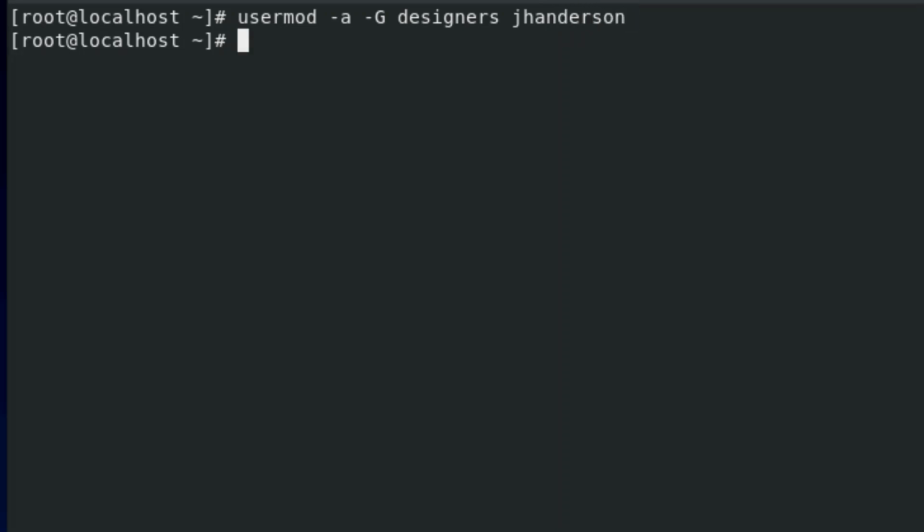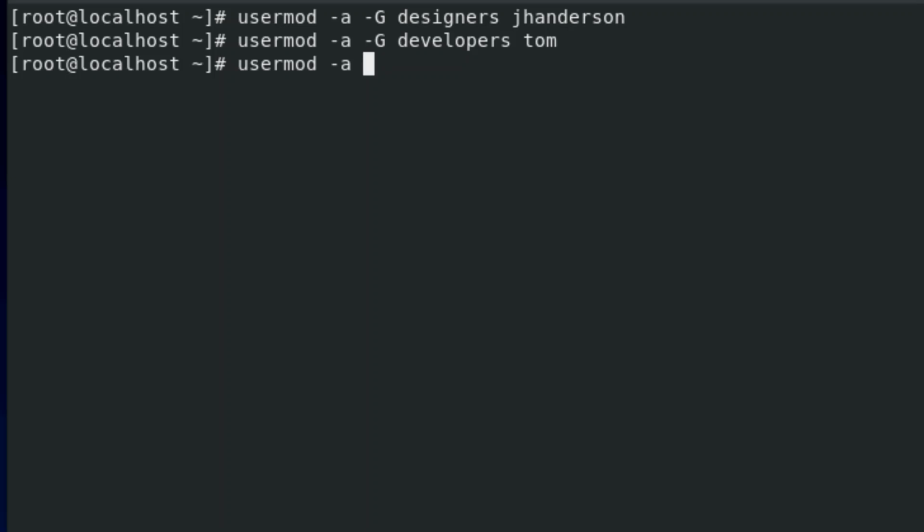That's the first one. Now we're doing usermod again. -a for append, -G. We're doing developers for Tom. Okay, we're doing it one more time. usermod -aG managers, Alex. Okay, so guys, the reason we do append is because we actually want to put this group on top